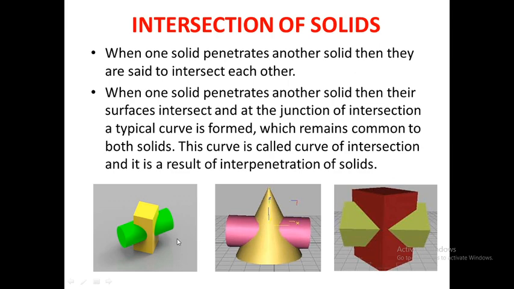So whenever the two objects are either cylinder or cone, we will get curves of intersection. But whenever the two objects have lateral surfaces that are plane surfaces, for example, in case of a square prism and a square prism, the two surfaces will intersect and form lines of intersection. So in this chapter, we have to draw the curves of intersection when the two solids intersect each other.